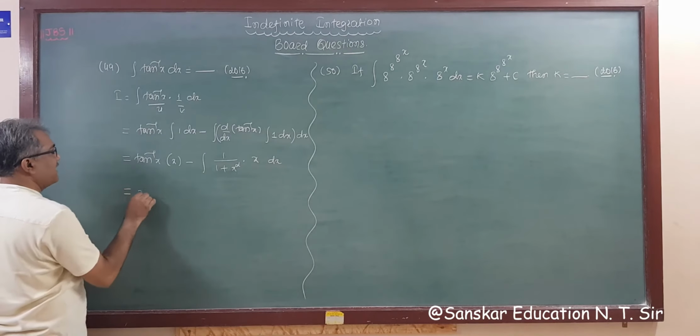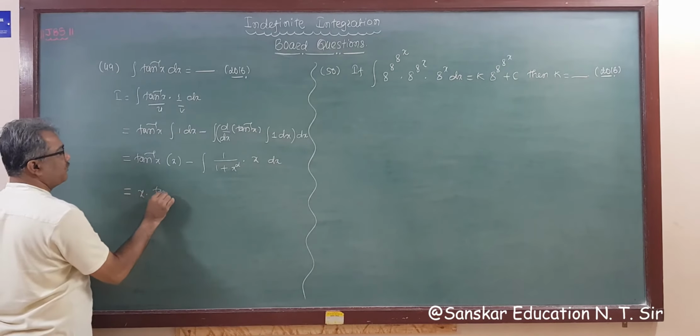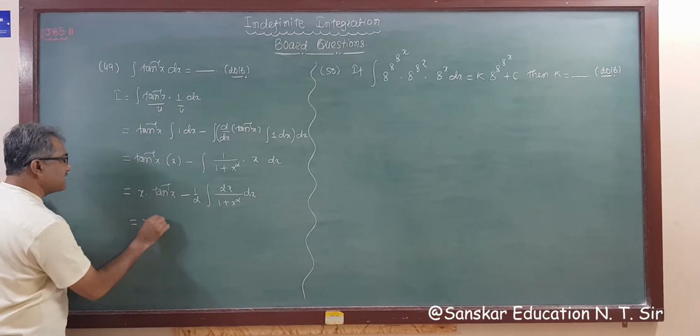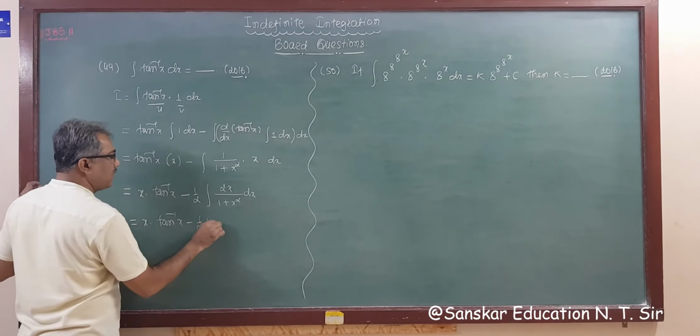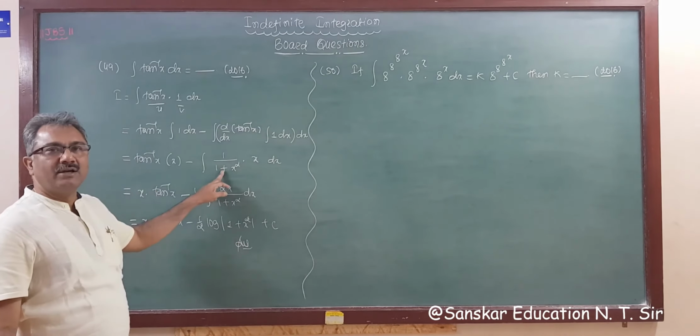So now this is x into tan inverse x, minus, now the derivative of the denominator is the numerator, that is we require 2, so divide by 2 and multiply by 2, we get twice x upon 1 plus x square dx. So the answer of this will be log mod. So we get x into tan inverse x minus 1 upon 2 log mod 1 plus x square plus c. So this is your final answer, right? As the derivative of the denominator is in the numerator, right?